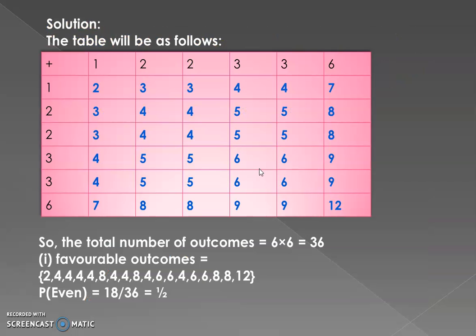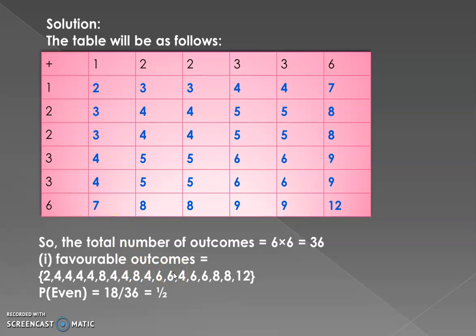That is the first thing. So this is the way the table will be completed. If 1 is there in the first row and 1 is there on the second row also, the sum will be 2. Then 2 on the first row and 1 on the second row, the sum will be 3. So this way the table will be completed.